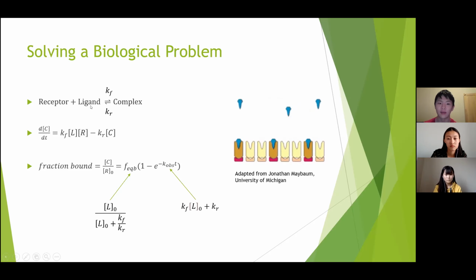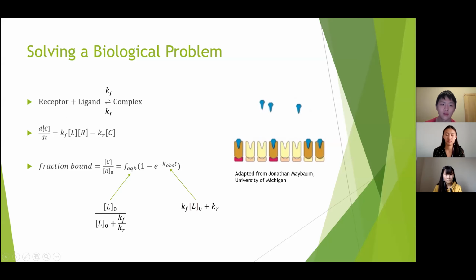Another basic chemical concept is that we have these rate constants Kf and Kr to represent going forwards and backwards in this reaction. With this simple reaction, we can actually get started with modeling our system. We'll have a differential equation, which is basically just a complex way of saying we're going to model how the system changes over time.